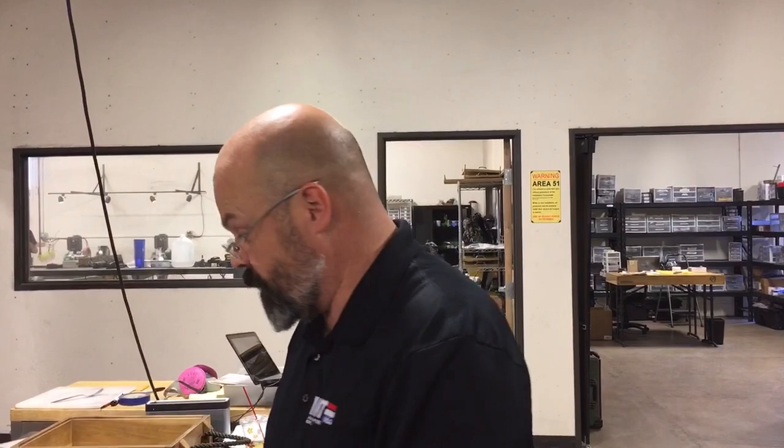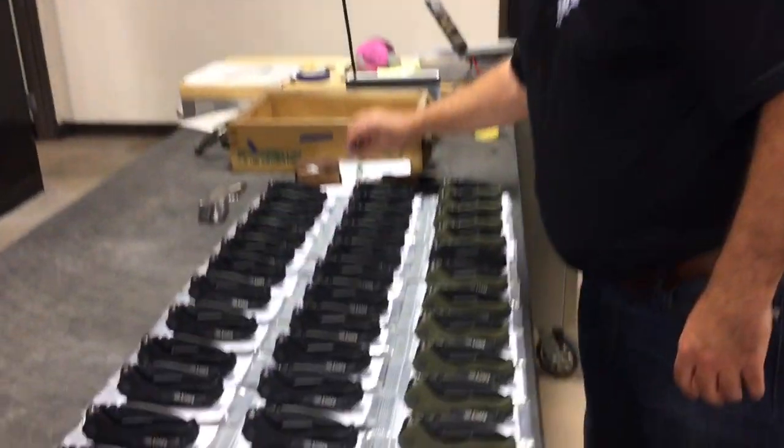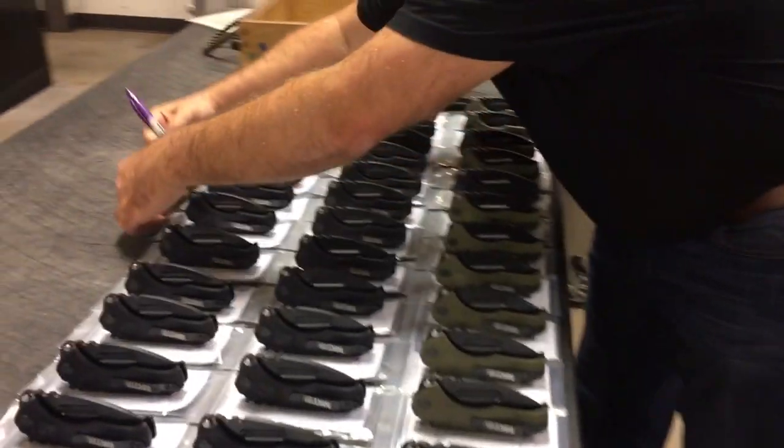So when you're doing this many knives, you don't just pick up one and check it out, because your brain doesn't go through it right and it takes too long. What you do is you set them all out. Like I just went through and I checked all the blades for center, and I had this one I want to get centered up,